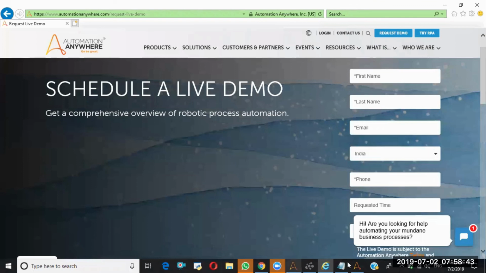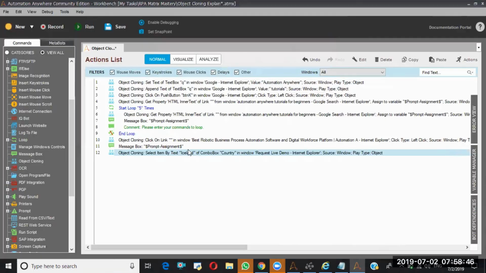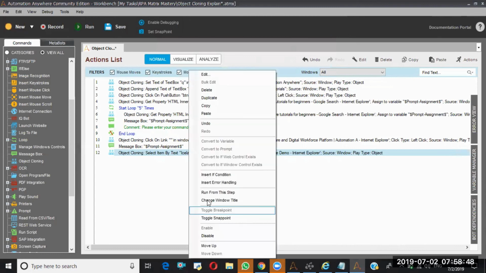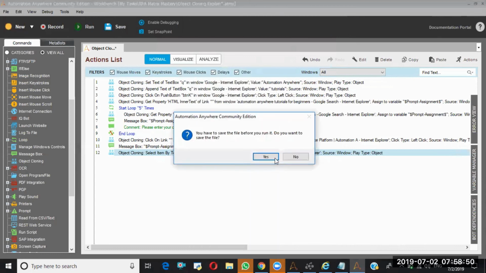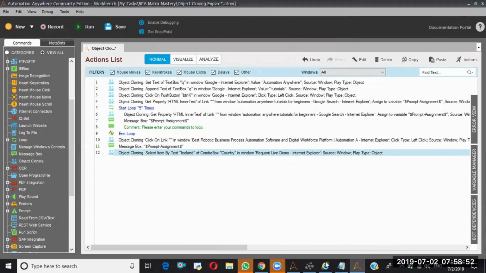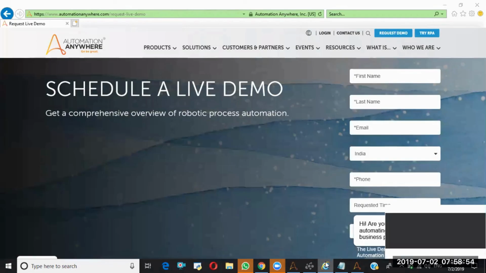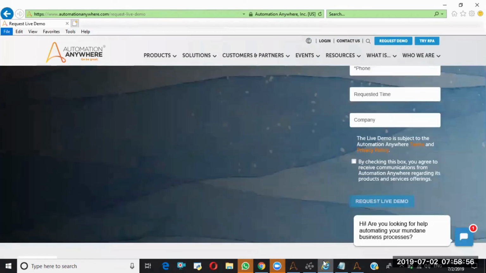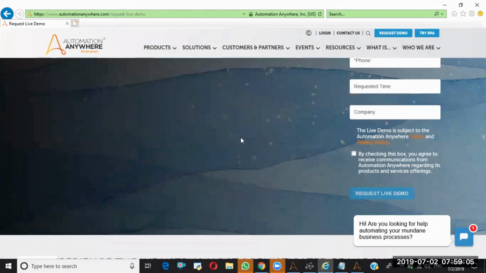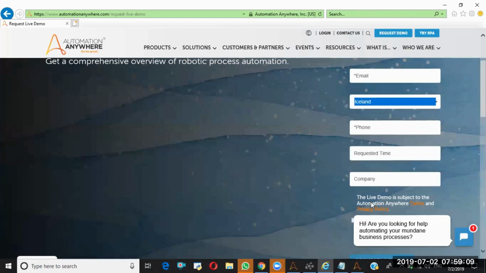If you see the value, let me run from this step. So it looks like it's taking some time. Yeah. It selected the Iceland.